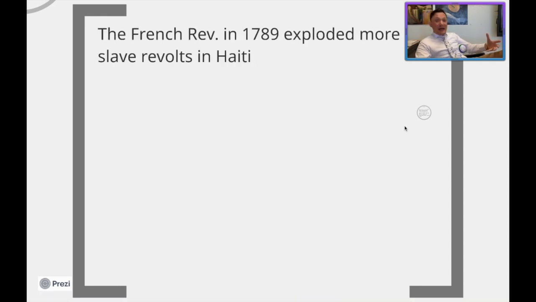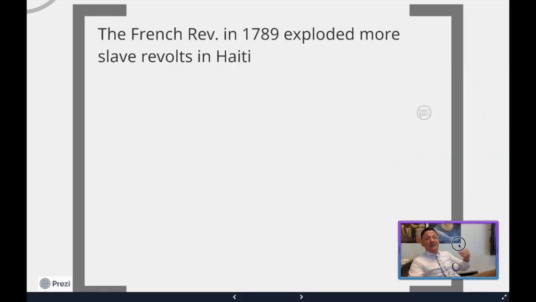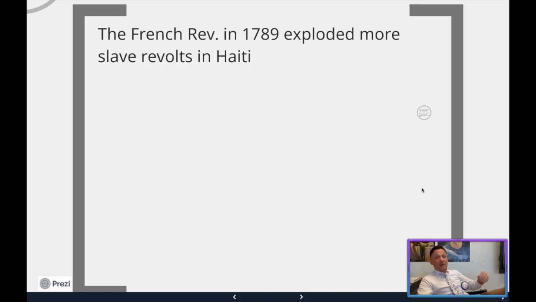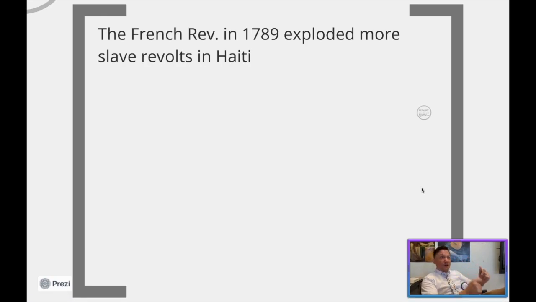So what ends up happening is the French Revolution explodes in 1789. This is where everything starts going down, because what we're trying to talk about is how the French Revolution and the rise of Napoleon created calamity in their colonies and led to major changes in the growth of Latin American countries, the self-determined Latin American countries. Haiti would not exist possibly the way it exists now if the French Revolution didn't happen, causing so much hysteria.